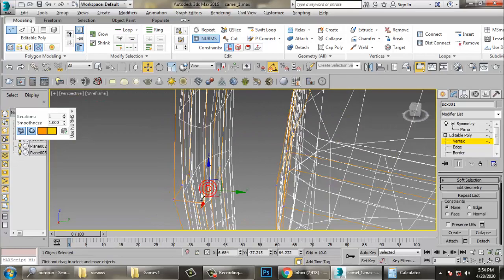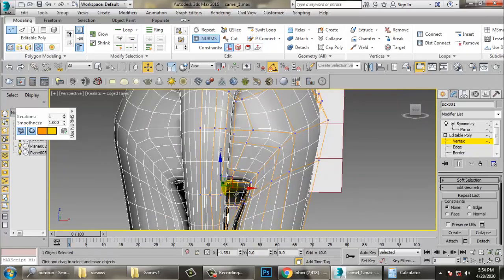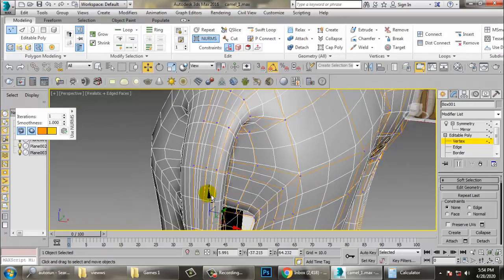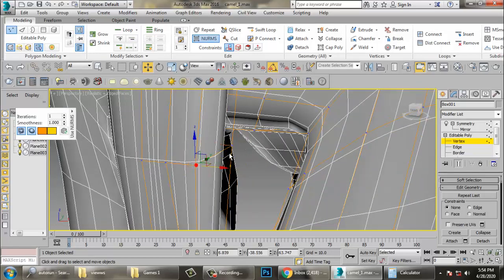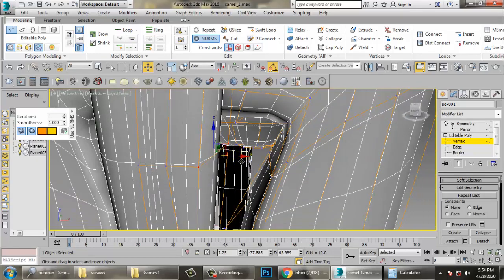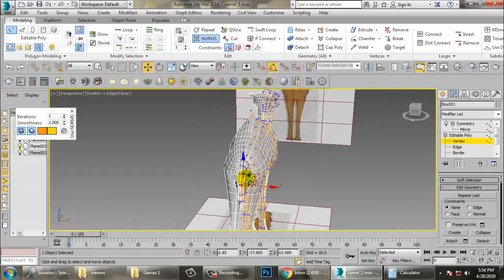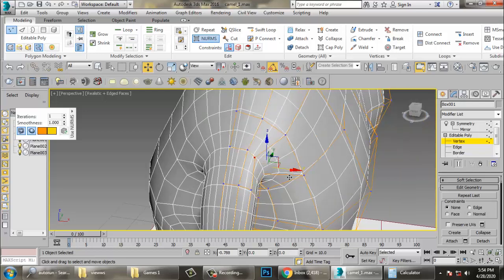So let's go on selecting this over here and just push it inside.